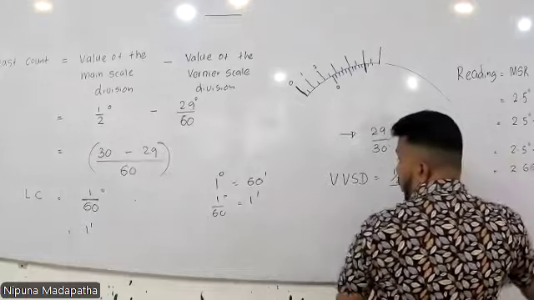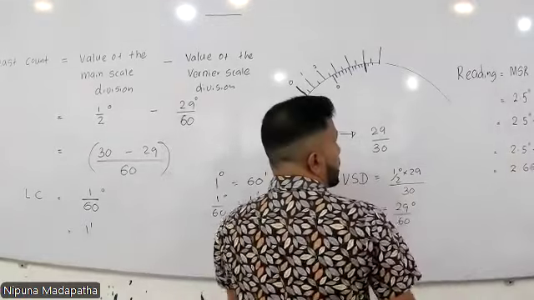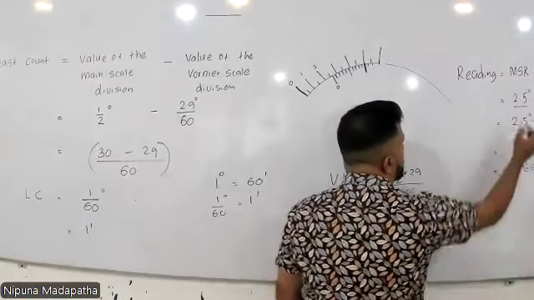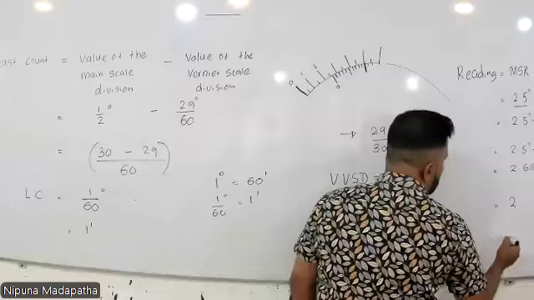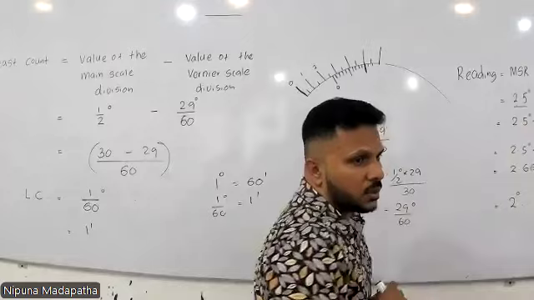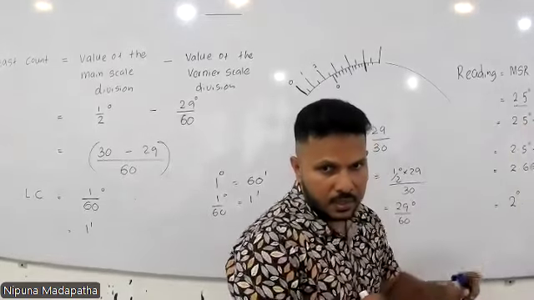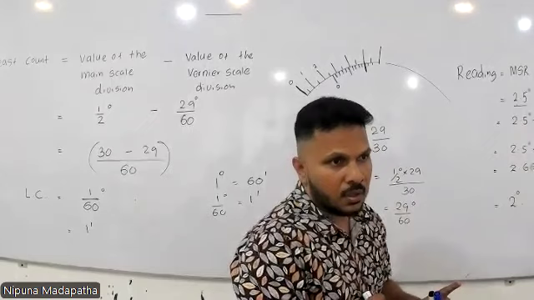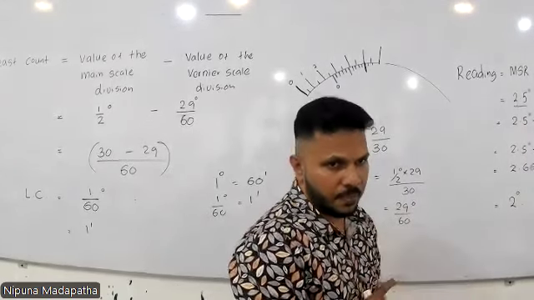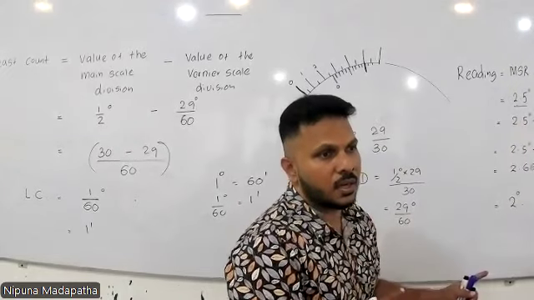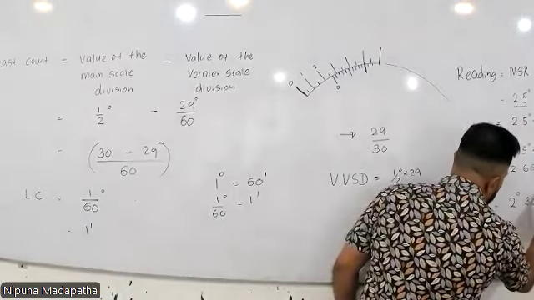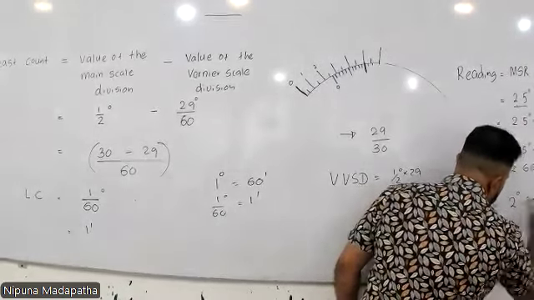If you are going to use minutes, this is how you need to do it. 2.5 degrees can be expressed in degrees and minutes: 2 degrees and 0.5, a half degree. So how many minutes are there? 1 degree equals 60 minutes, so half a degree is equal to 30. So this is 2 degrees and 30 minutes, plus